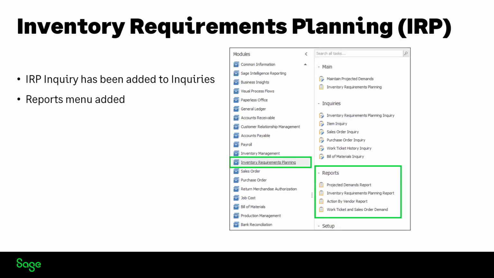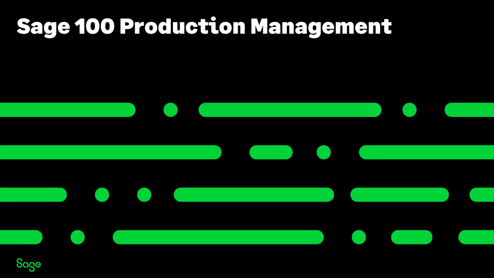Also, a reports menu has been added along with 4 reports: projected demand report, inventory requirements planning report, action by vendor report, and work ticket and sales order demand. The What's New course in Sage University has more information on these reports. Moving on to production management,